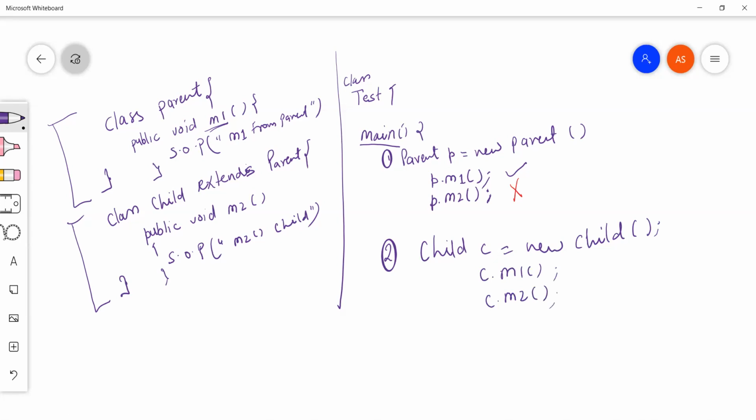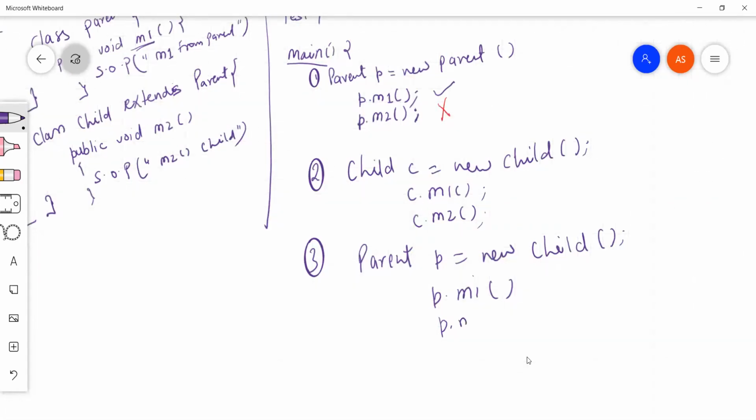The third case we have is Parent p is equal to new Child. Then I'm saying p.m1, p.m2.